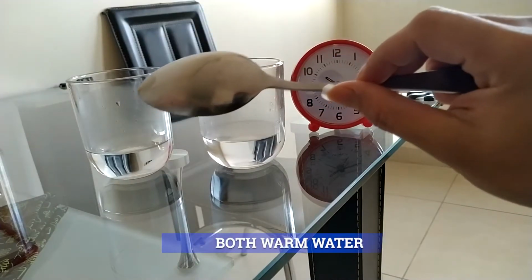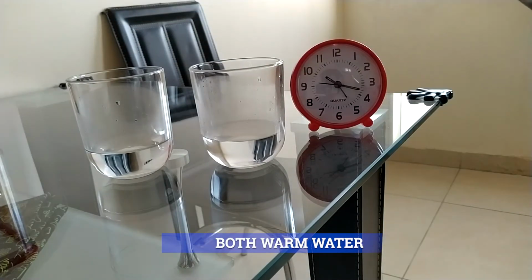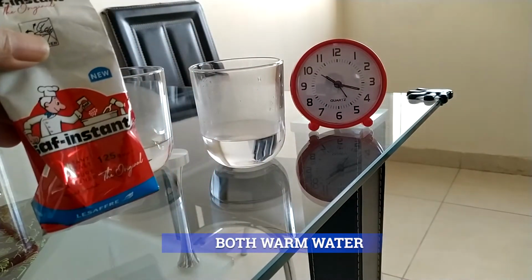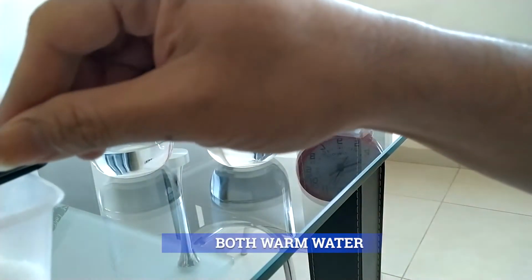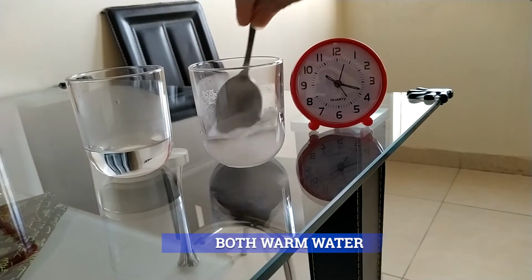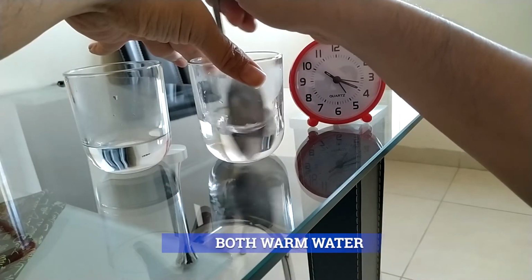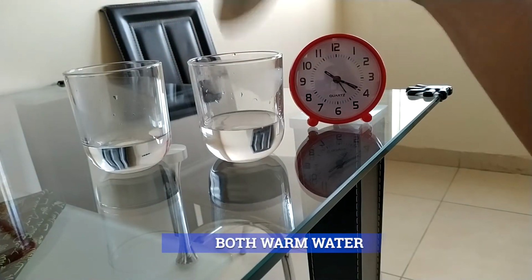One without sugar and this one with sugar. Combine it with the soft instant yeast. First I'm gonna pour one spoon of sugar. Okay, after the water is clear,